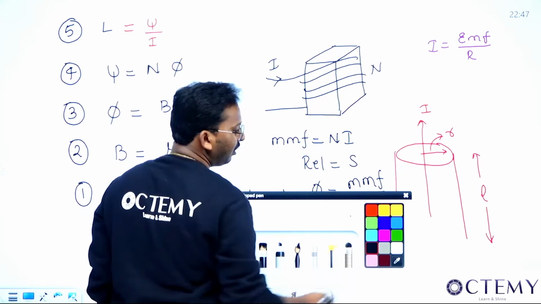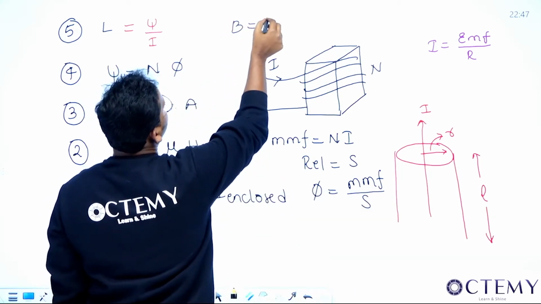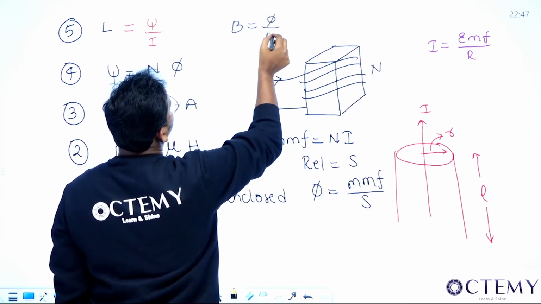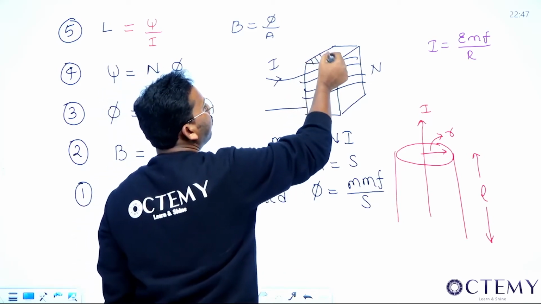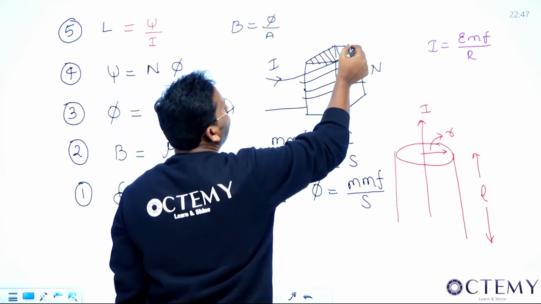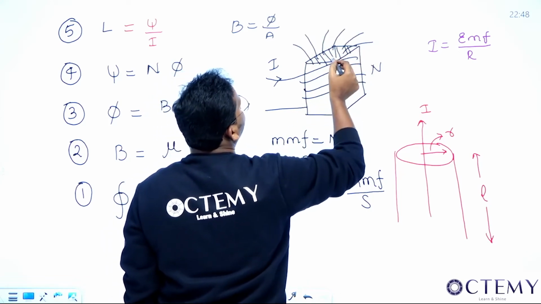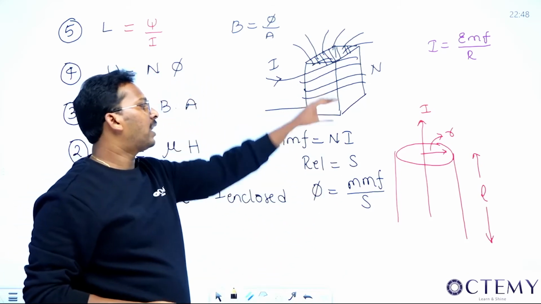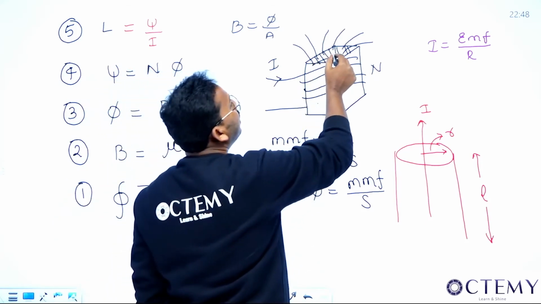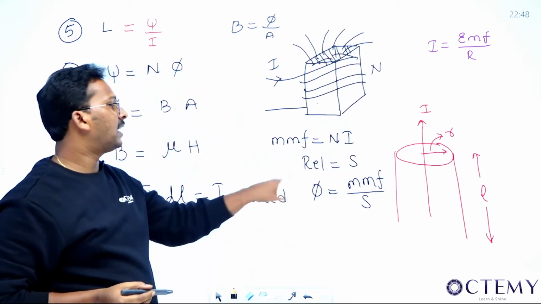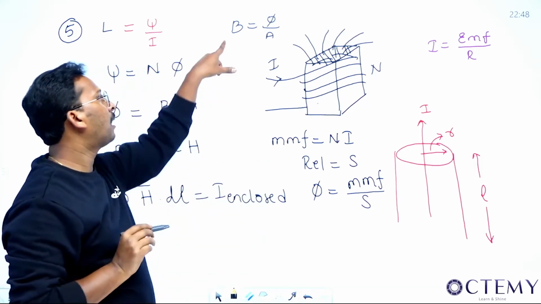Now, what is this B? The meaning of B is flux per unit area. This is Weber per meter square. Assume that this has some area of cross section A. Through this area of cross section, some flux lines are coming out like this. Why are these flux lines coming? Because you have put a driving force, that is MMF, and this has certain reluctance, so certain flux lines will come. The number of lines coming out is basically flux, right? Per unit area, how much flux is coming is given by B, the flux density.